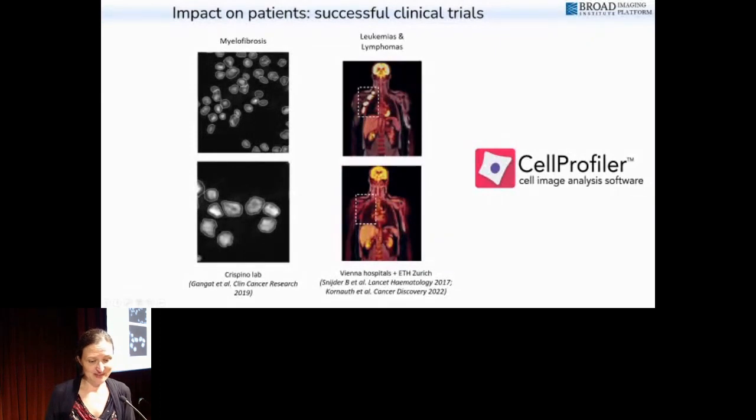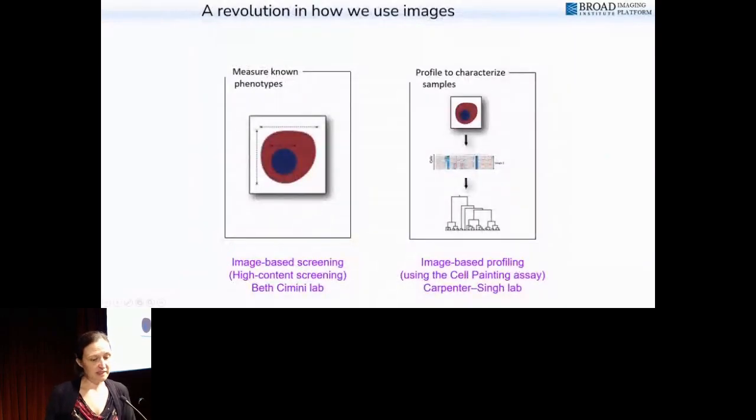The other one shown here, the leukemias and lymphomas, we had absolutely nothing to do with. Very cool that these researchers downloaded our software and used it in a clinical trial to guide what individual chemotherapy each patient should receive, based on how their cells responded morphologically to potential candidates. So I'm skipping over this all very quickly because what I really want to talk about today